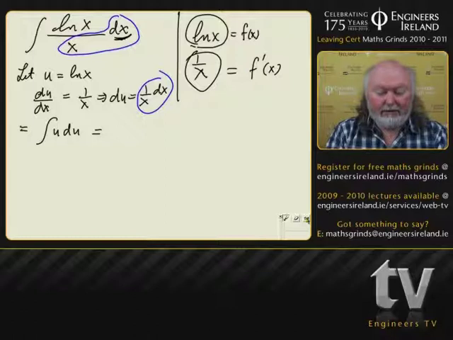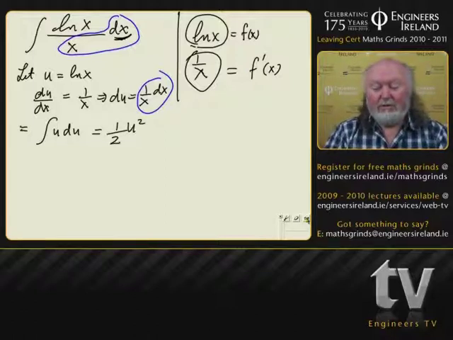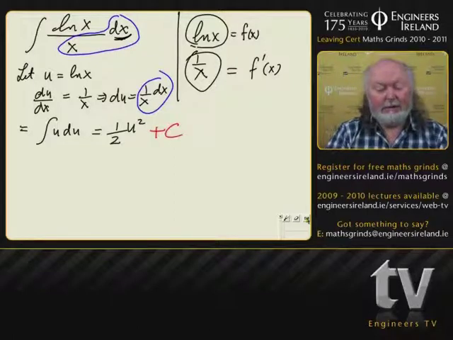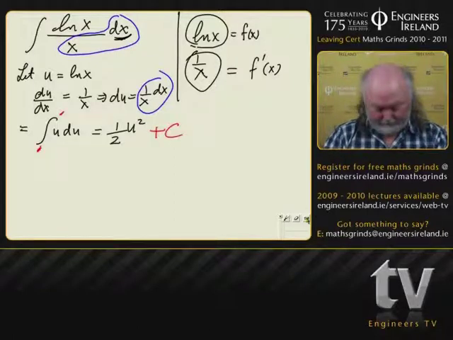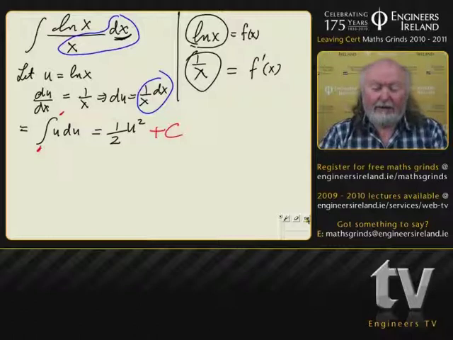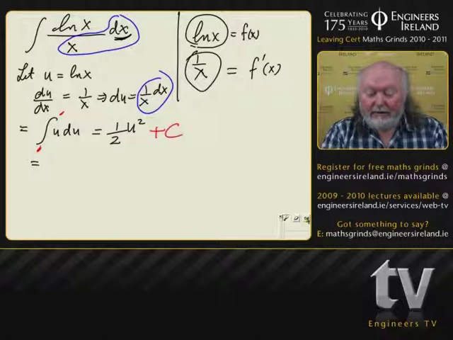And u is u to the power of 1, so when we integrate it we'll get half u squared plus the constant, because we don't know the limits. Okay? And we know what u was, so we'll say it's equal to a half